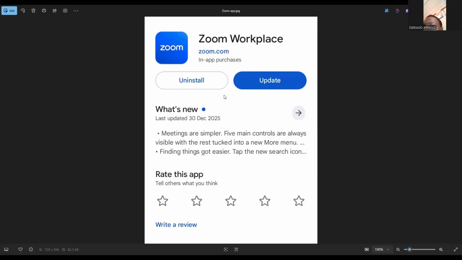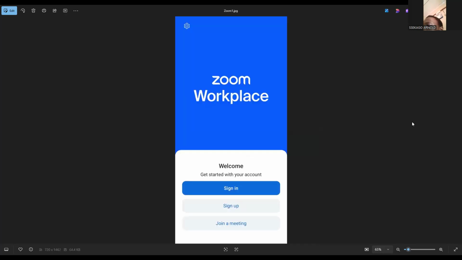It is here. Now you've already downloaded Zoom. Yeah, you've already downloaded Zoom. Now open Zoom. If you open Zoom,